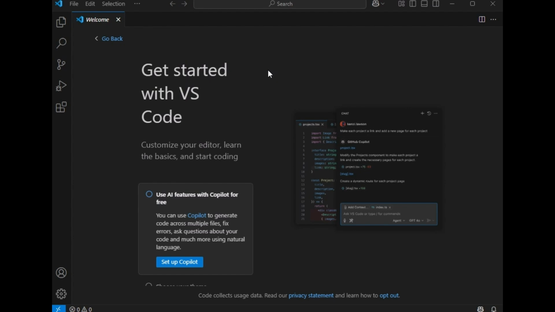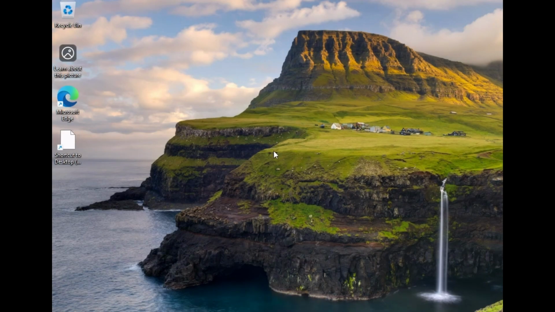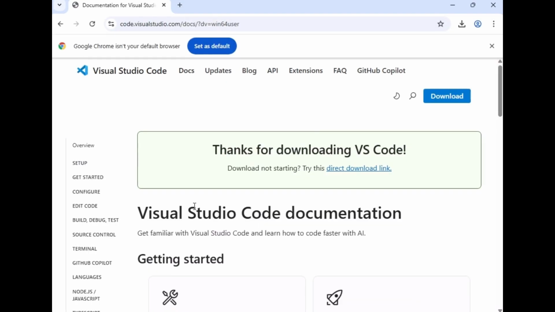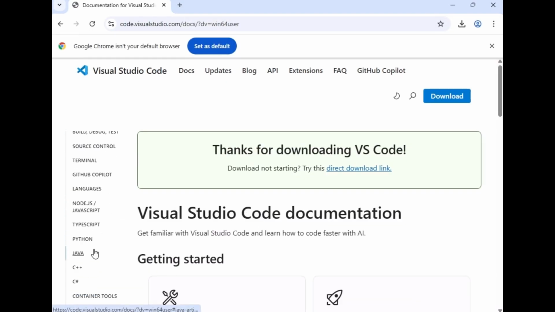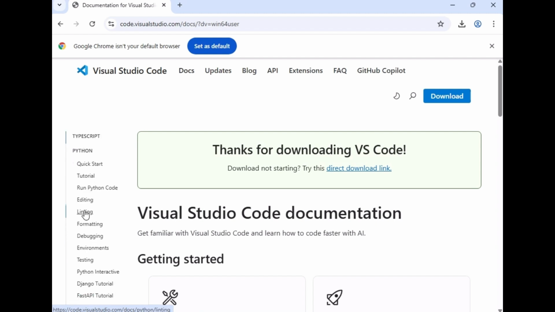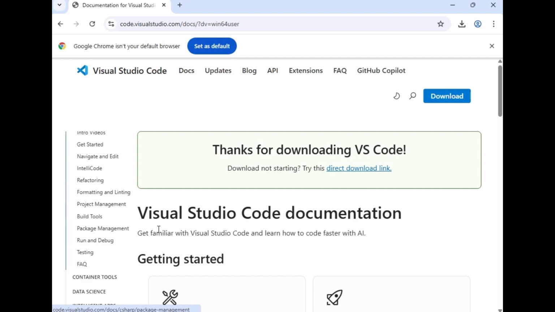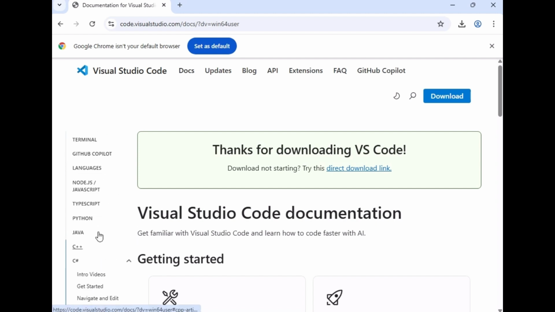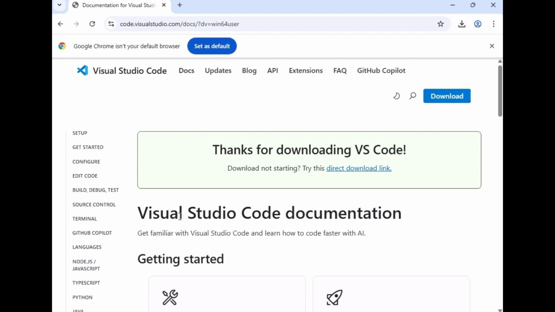Studio Code. So how to learn the different languages like JavaScript, Node.js or C# from Visual Studio Code? You can go on this link over here. You can see these options: how to run TypeScript, how to run Python, how to run C#. So you can go on this link and you can check how to run the languages inside Visual